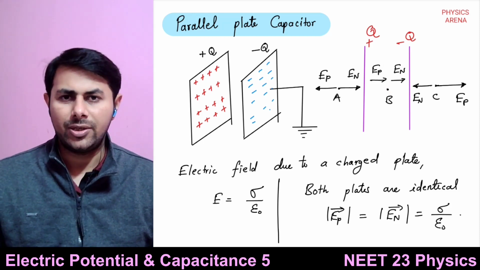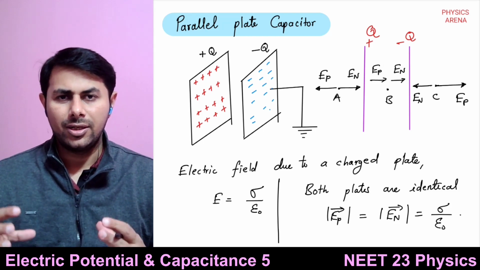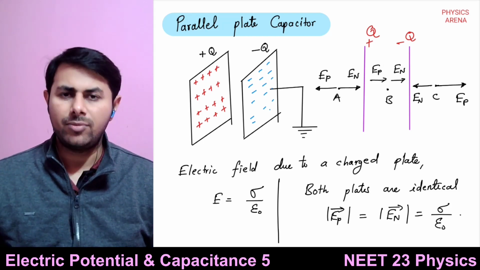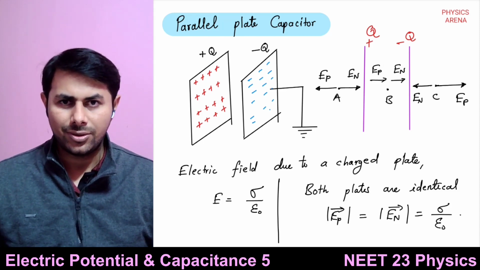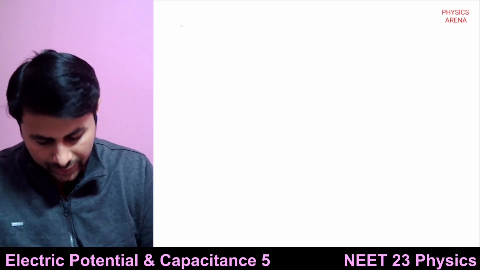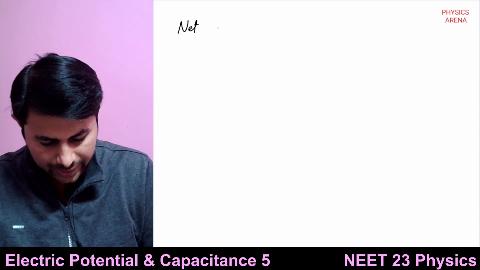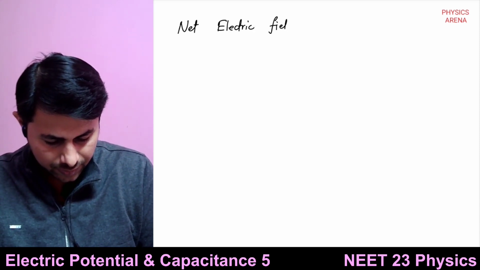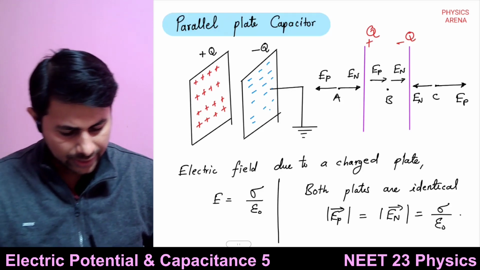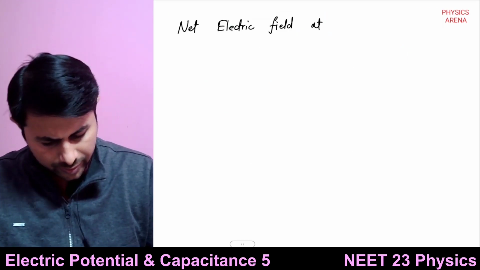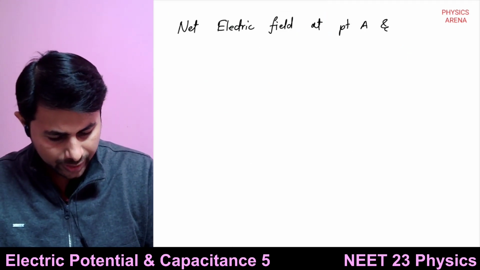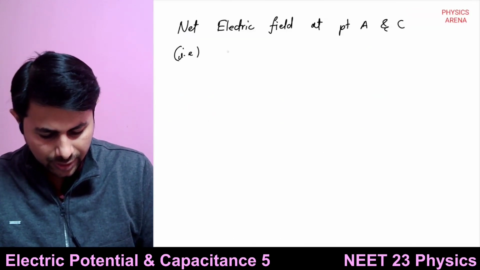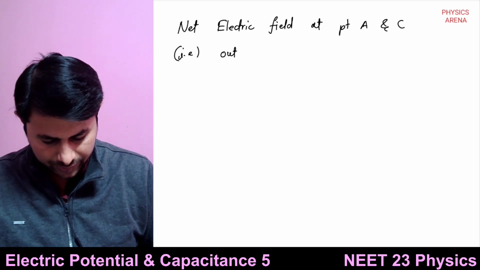So the net electric field at point B, a point inside the two plates, is the sum of these two electric fields. We can say the net electric field at points A and C, that is outside the capacitor,